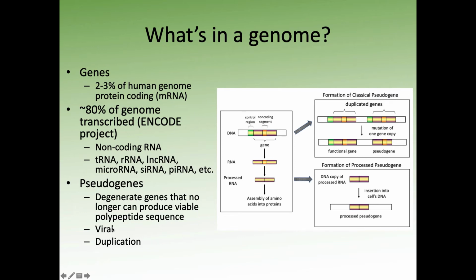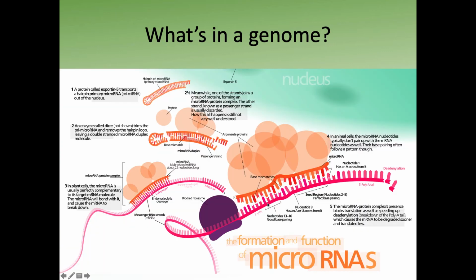The other way is you can have cases where a virus comes in and inserts itself into a gene region, sort of subverting the original sequence of it. Or you can have cases where mRNA can be processed and inserted back into the cell's DNA by accident. As I mentioned before, a lot of the genome is actually transcribed, but we don't always know exactly what the function is. Some of the contents of these transcribed regions have unintended function that we're